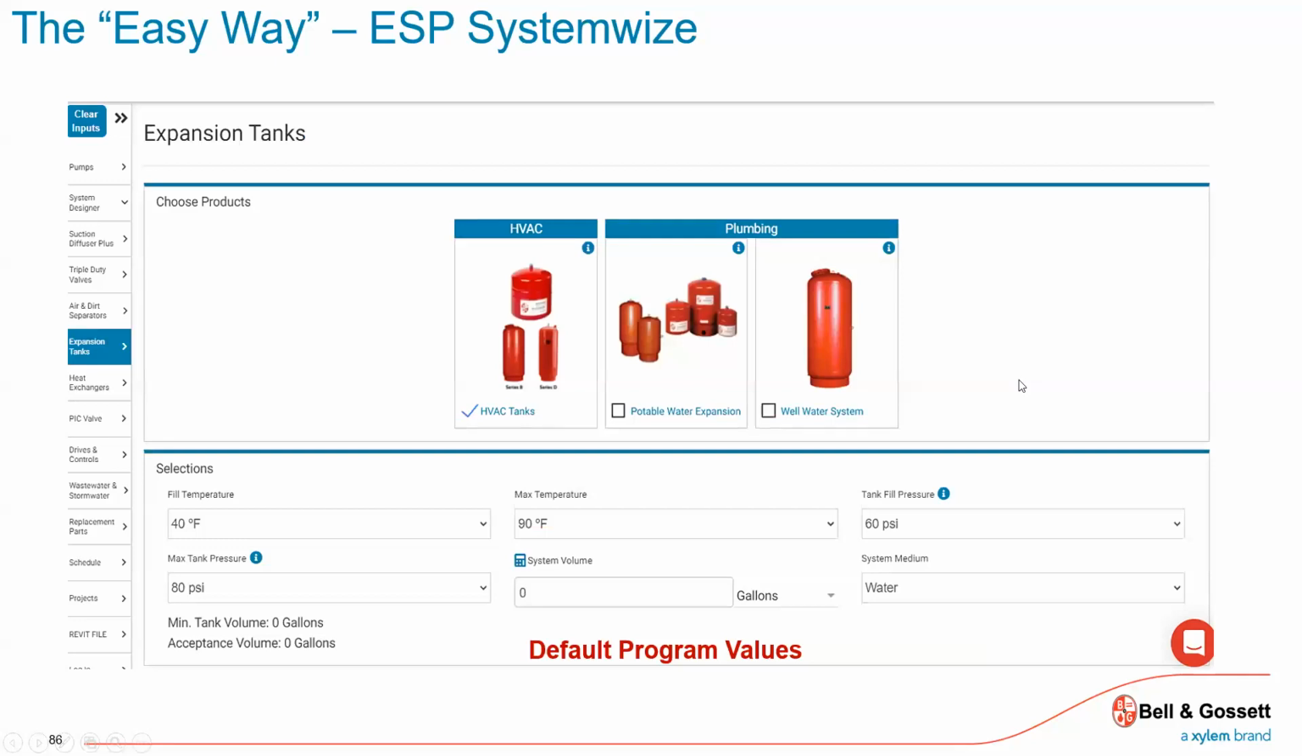If I went online and used my SystemWise calculator, which we can do in a second, when you get to that SystemWise, you'll have a selection of what am I trying to size? Am I sizing pumps? Am I sizing suction diffusers, et cetera? We go all the way down to expansion tanks. And when I get there,